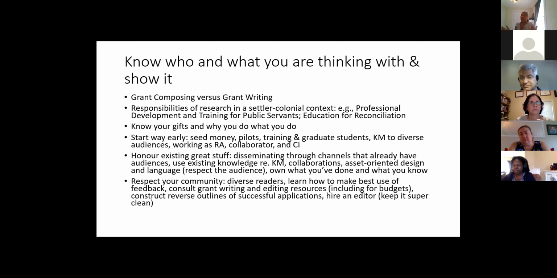You will note that on the rubrics, there's nothing related to grammar and punctuation and APA, but I can tell you right now that a super clean application is always going to read better and make those adjudicators happier than one that is mired in grammatical errors. That also goes for your budget. That budget needs to be clean. Add and re-add those numbers, okay? All right,